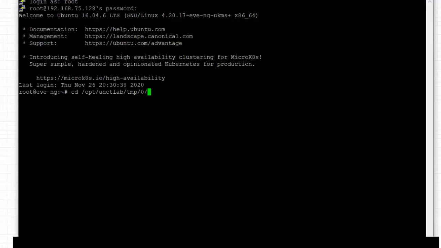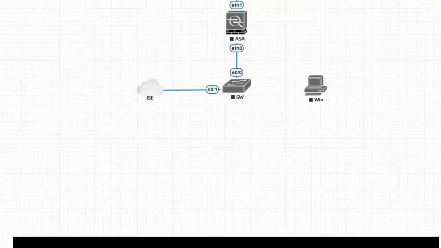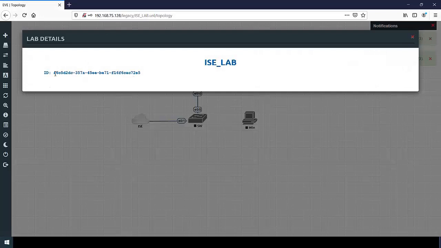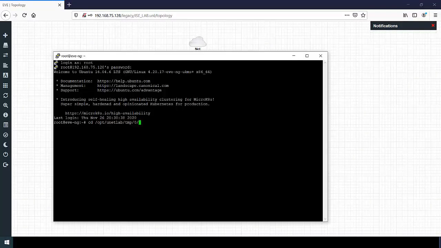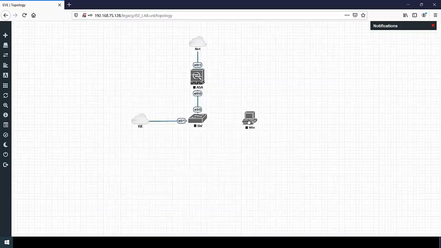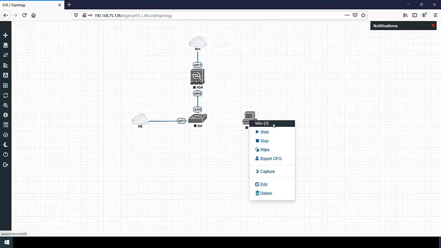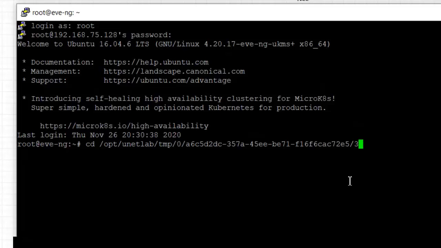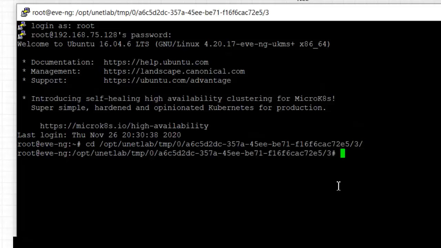Just go to folder cd opt unetlab tmp 0, copy the EVE lab ID, then put a slash and copy the device ID. In our case it's win3, so we will enter 3 and hit enter.